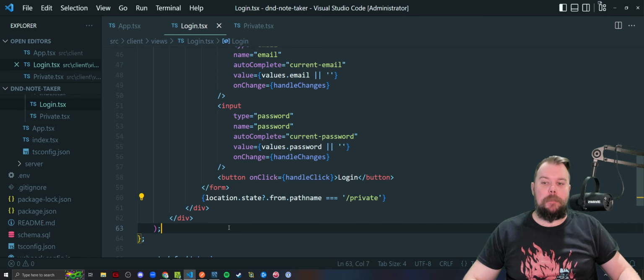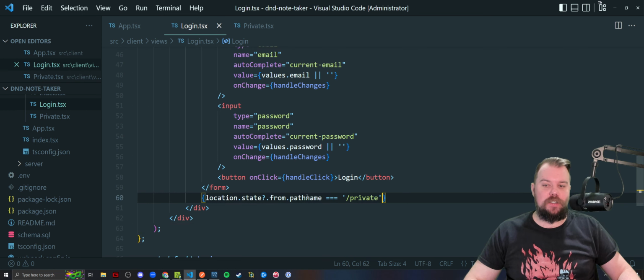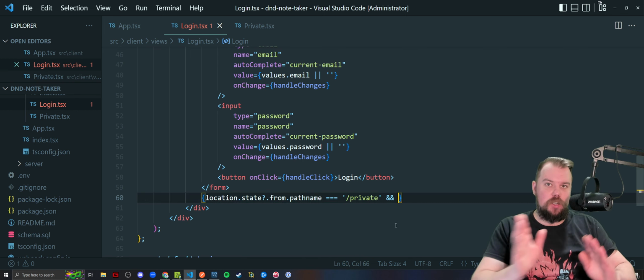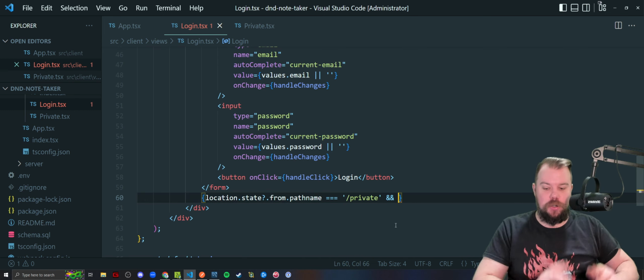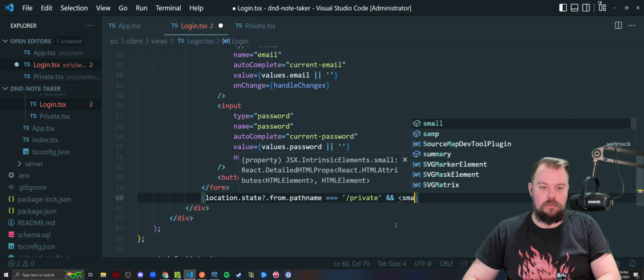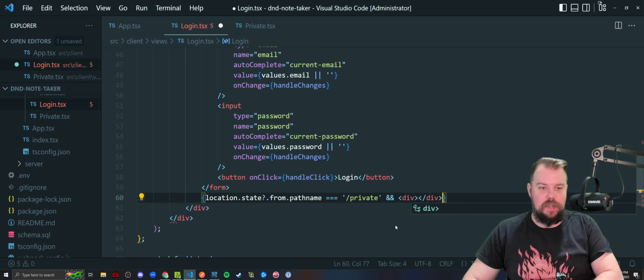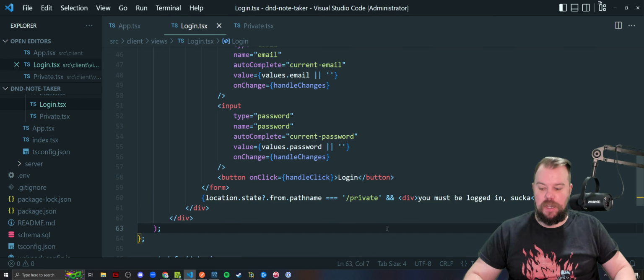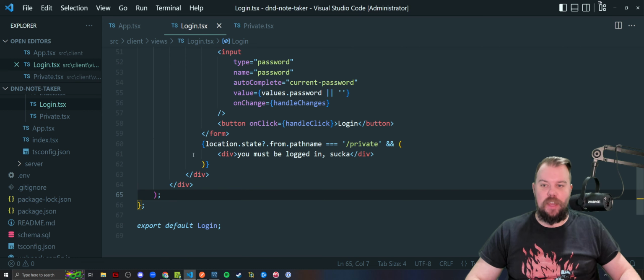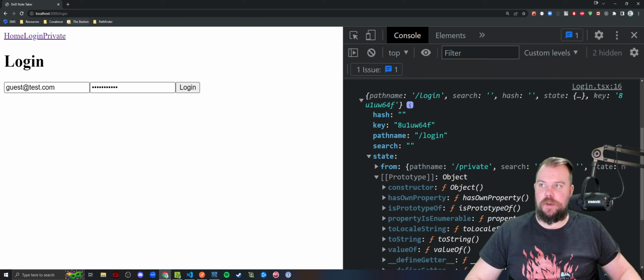So that optional chain operator can give us some cool things we could do right there to say if they came from private. We can do this as a short circuit, meaning if this whole thing returns true, then it will go to the right-hand side of the short circuit to see what it needs to return or do, which could be a div that has some color and text in it that says, you must be logged in, or something like that. You get yourself some kind of message to say, hey, if they happen to get here from a path name of private, you must be logged in, because you don't want that always to appear no matter what,